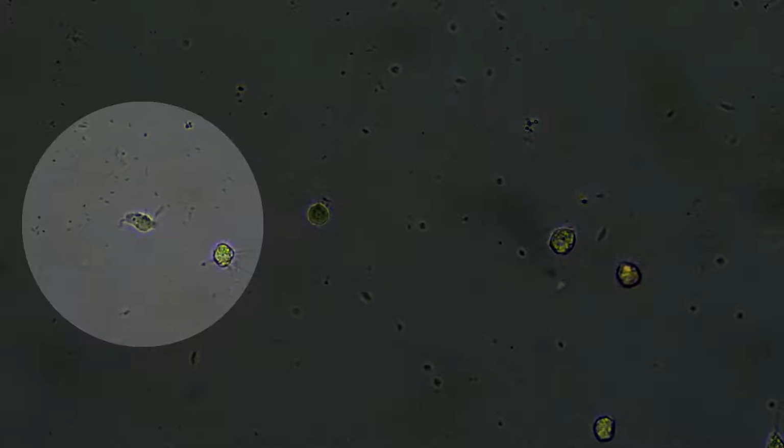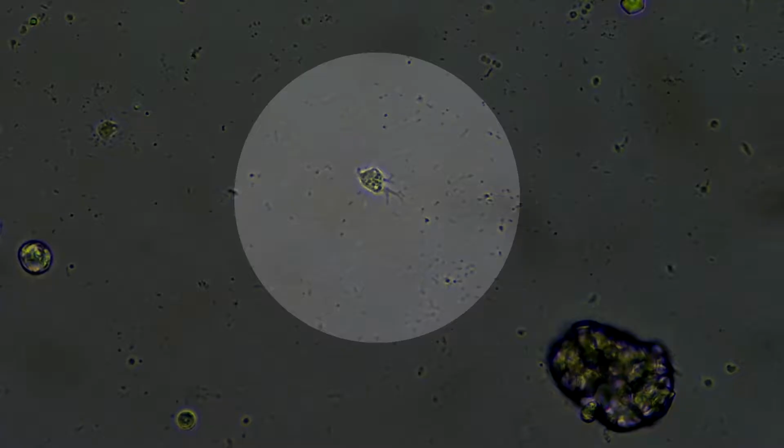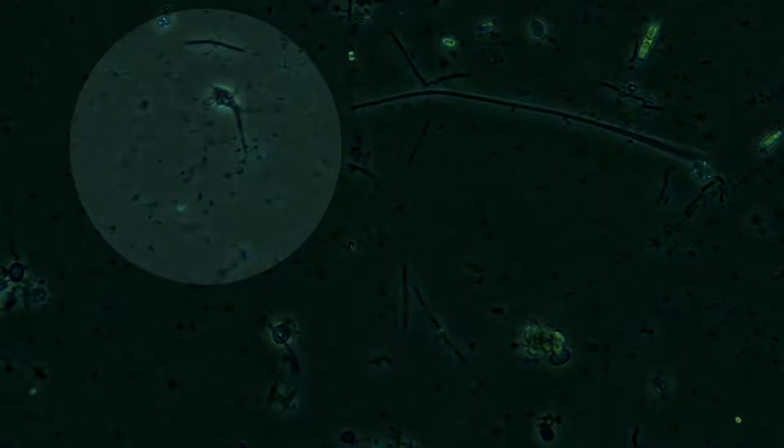But you can see in this footage, whatever this is, you can see it right here eating a bunch of bacteria. It's sitting in the middle of a little puddle of spirochetes, which are tiny little corkscrew-shaped bacteria, and it's munching out on those. That's what they normally eat. They normally eat yeasts and bacteria. But